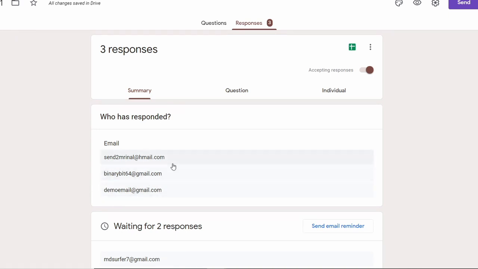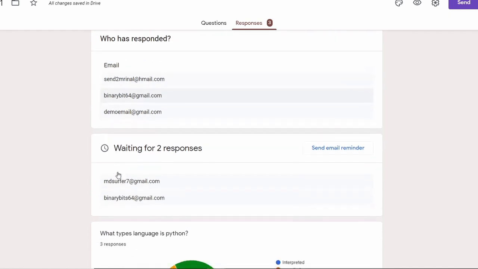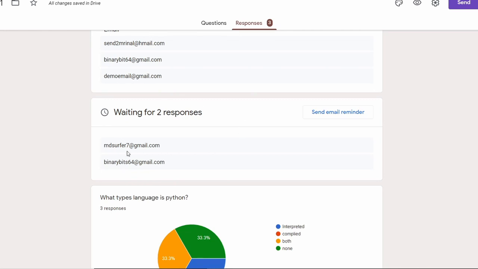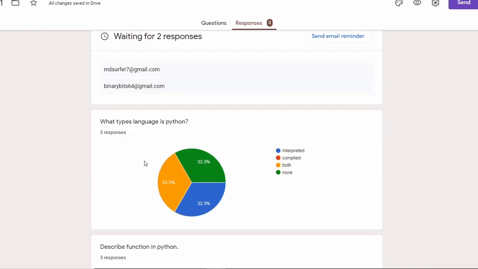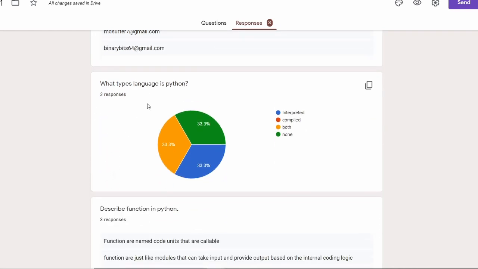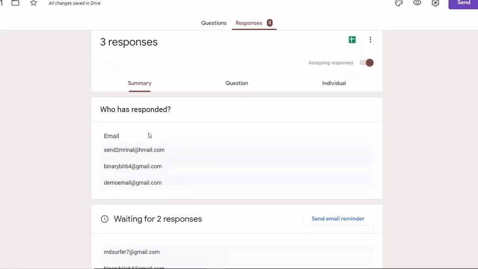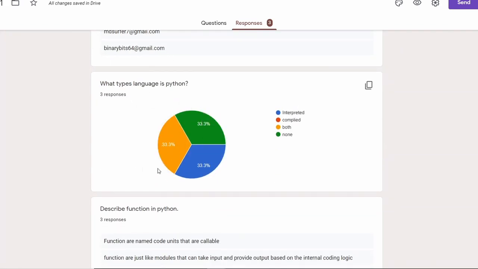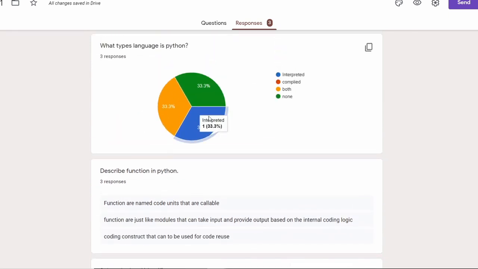And again the thing is that there is no mechanism to check the email, so whatever the user is going to put in is going to be listed in here. So again it is awaiting 2 responses, so these 2 people have not responded yet. Now this is a basic overview, right? It's a summary of all the responses, that okay, which user has answered which question, that kind of an idea, right? So if you want to get some sort of analytics from your responses, that also can be done.